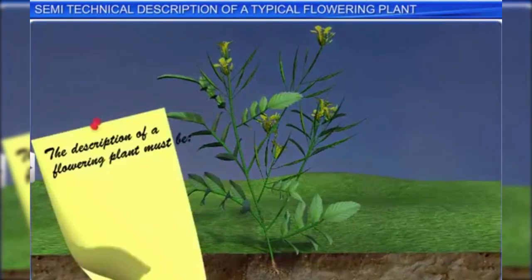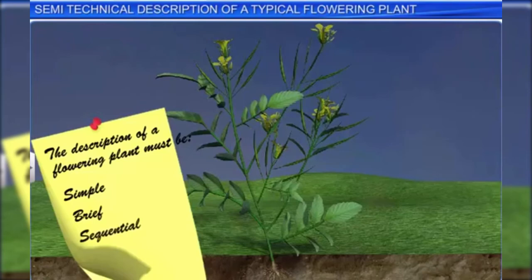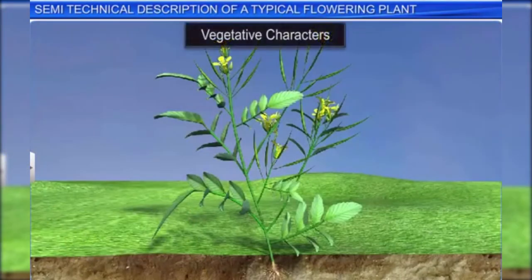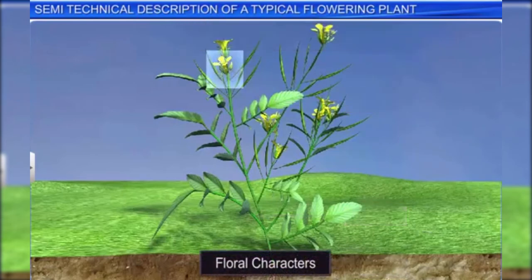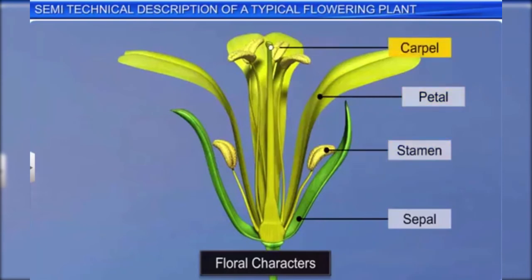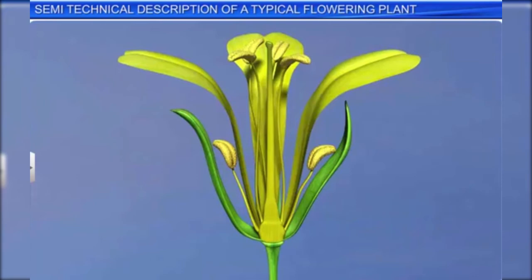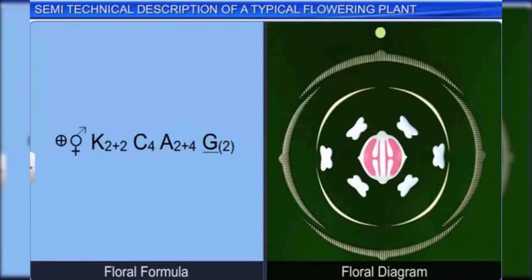The technical description of a flowering plant must be expressed in scientific language and must be simple, brief and sequential. The description starts with the vegetative characters of the plant, such as the type of roots, stem and leaves. This is followed by a description of its floral characters and flowering parts, such as sepals, petals, stamens and carpels. The description of vegetative and floral characters is followed by a floral formula and floral diagram, which represent the floral